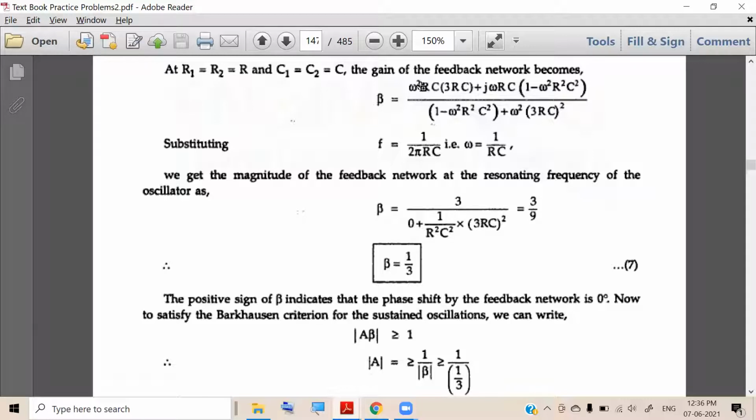Now what will happen to beta? Let us see the expression of beta, and then let us see what happens if we consider R1, R2 not equal to each other, and C1, C2 not equal to each other. We will take the subscripts as they are in the beta expression, meaning C1 will be there, R2 will be there, and then we will simplify. But what is the condition?